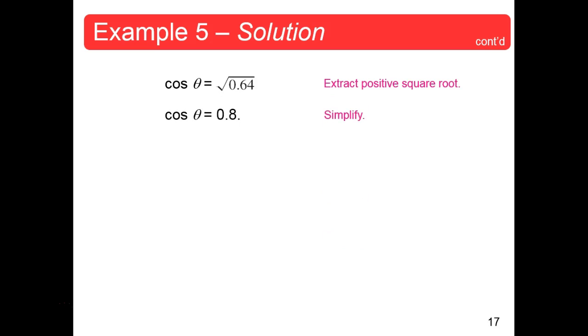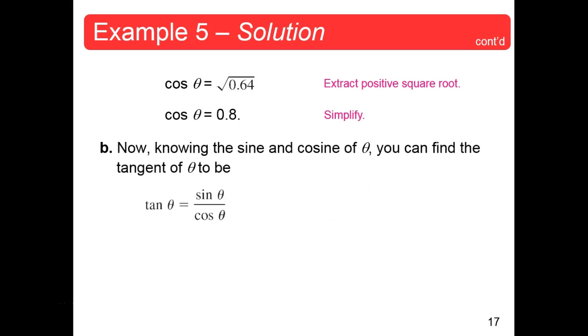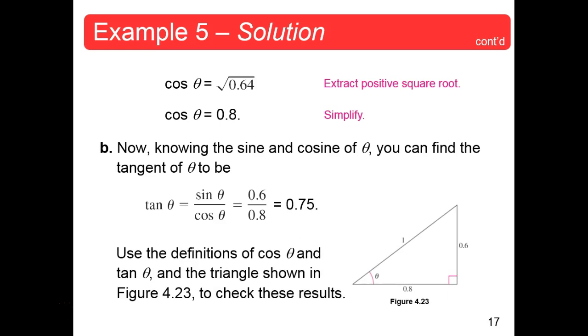Okay? The B part of the problem, since you know sine, you just figured out what cosine is, use that to get your tangent. Sine over cosine, they're using another identity, and that's 0.6 over 0.8, which is 0.75, or 3/4. Any questions? Pretty easy to do, right? All right. I wish I could make it harder, but I haven't figured out a way to do so. Okay, so we're stuck with it like it is. All right. Now,